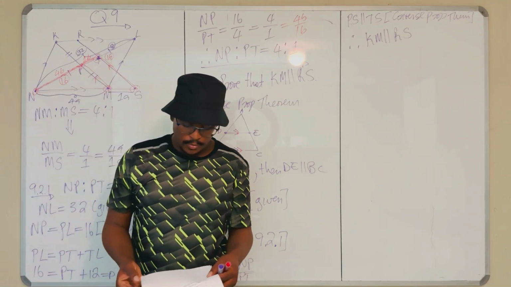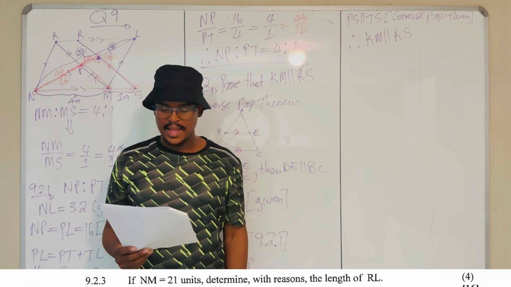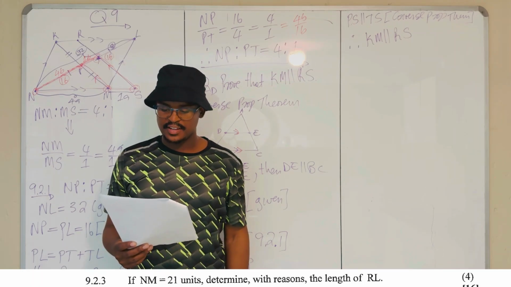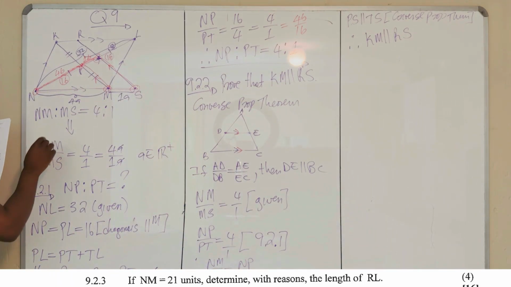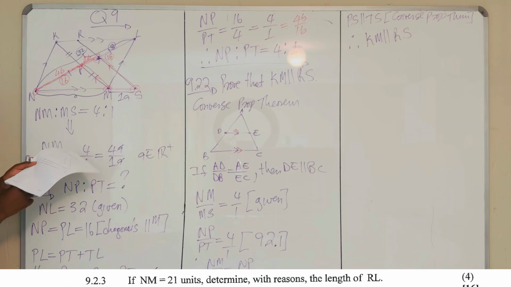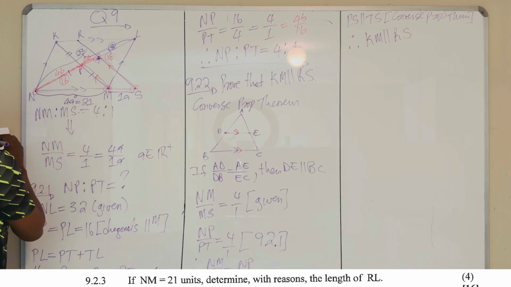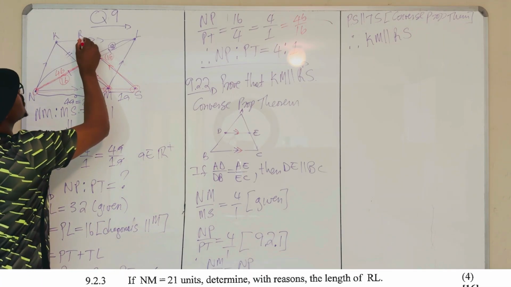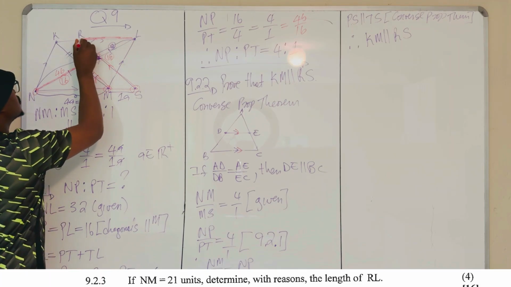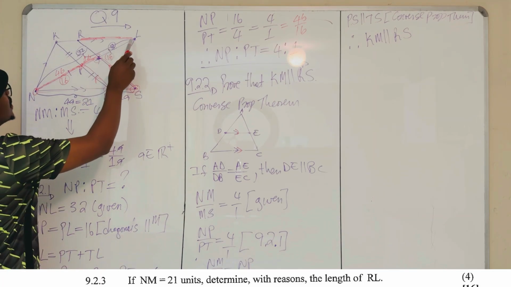We're going to move to 9.2.3. They're saying if NM is equal to 21 units, determine, giving reasons, the length of RL. So you are given that NM, which is this length over here, is equal to 21 units, right? So they want us to find this length over here, RL. RL lies on triangle